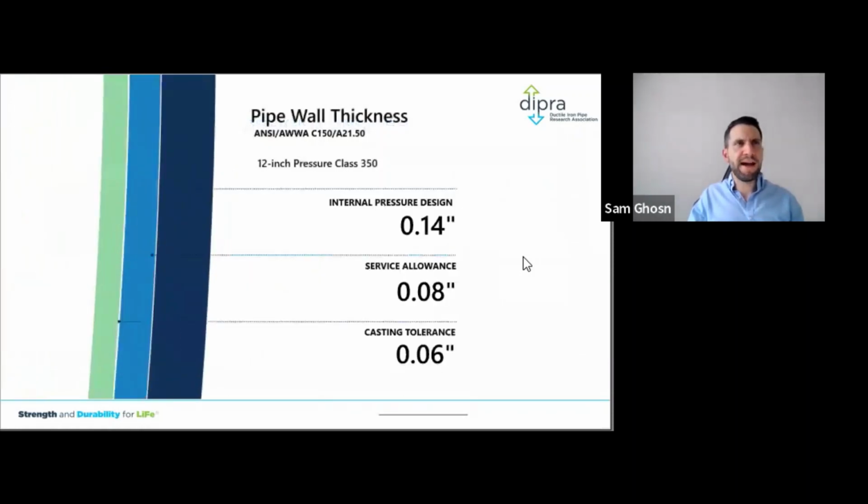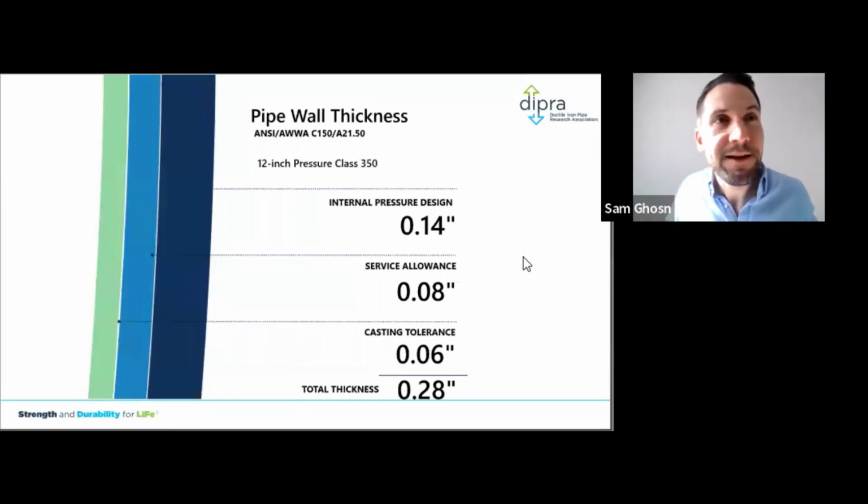So some of you may ask, well, ductile iron pipe is thinner than cast iron pipe. Does it fail sooner? And the answer is no. True, ductile iron pipe is thinner than cast iron, and the reason why it is thinner is because the material is much stronger. So, mechanics of materials 101: the stronger the material, the thinner the wall of the pipe, plus the wall is flexible. So it is a flexible conduit that rerounds under pressure.